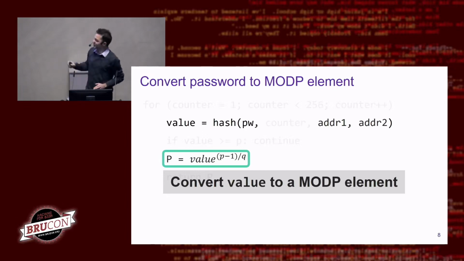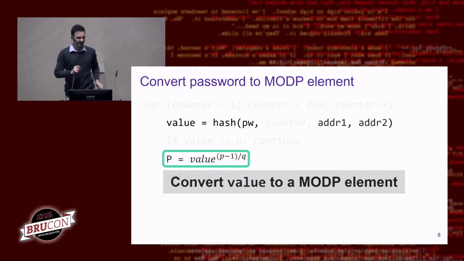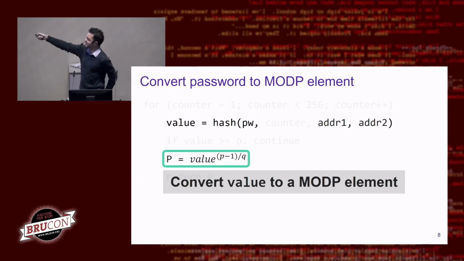Now, this seems to work, but there is actually one small problem. And it turns out this is going to be a major problem. The problem is that for certain mod p groups, there's a high chance that this value here, the output of the hash, will be bigger than the prime of the mod p group. And again, I'm doing a high-level explanation here, but if this value is bigger than the prime of the group, then this formula would not be 100% correct, because then there are some biases and maybe the adversary can abuse